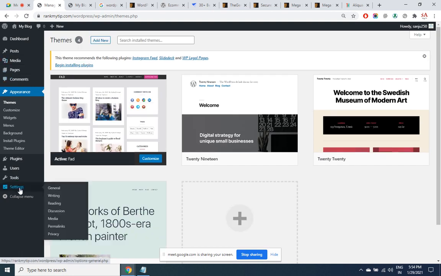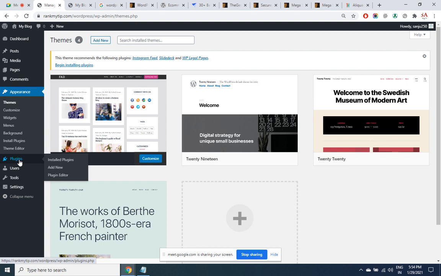Now, depending upon the theme that you have installed, you are going to automatically get new options on the left pane. If it is a real estate theme, you'll get an option here as real estate. Under that, you'll find add new, commercial, residential. You select commercial, residential, plot or apartment. Select apartment: 2 BHK, 3 BHK, 4 BHK. Then again, for rent or sale. Like that, automatically you're going to get the options depending upon the theme.